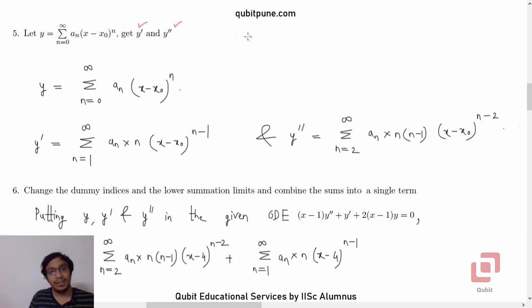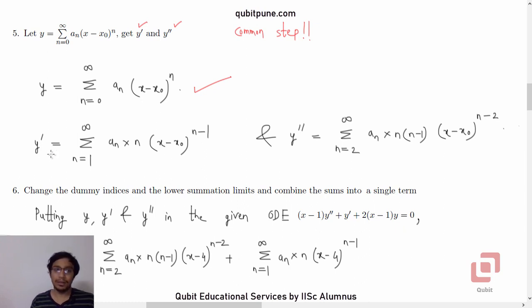Now this is a common step among all problems. The x naughts may be different, but you have to be very good at it. Even if you already know y prime and y double prime by the power series manipulation theorems, nothing like it will save your time. But because now we are doing it for the first time, let's just follow the process. So assuming y to be in the power series form,